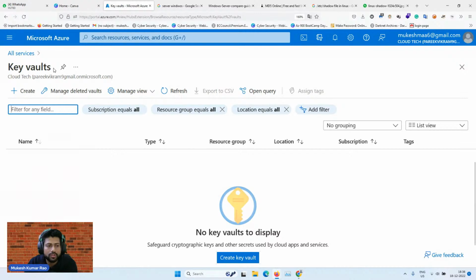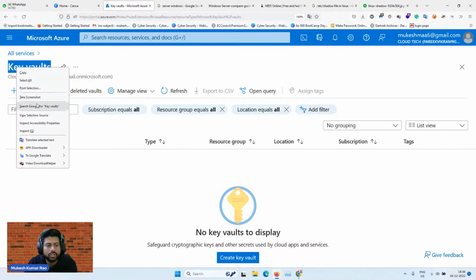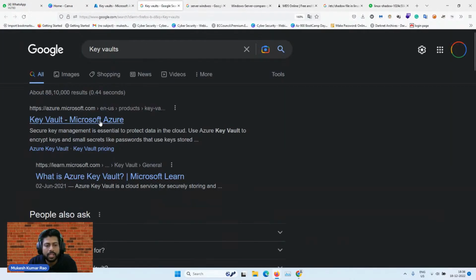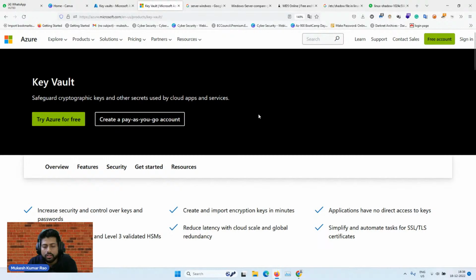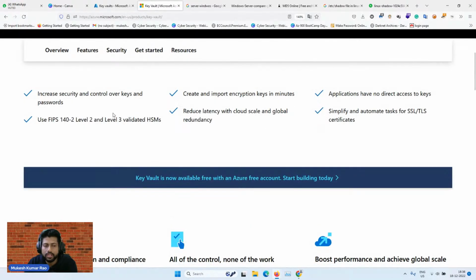Let me show you the definition if you want to go through some more detail. There you got it. It's a dedicated service of Azure, and it is used very widely. By default you will get it, and it uses FIPS level security, which is very high-level security compared to the normal applications we use. It secures all your control of passwords, keys, private keys, public keys, anything connected with a password or key, all stored in Key Vault.